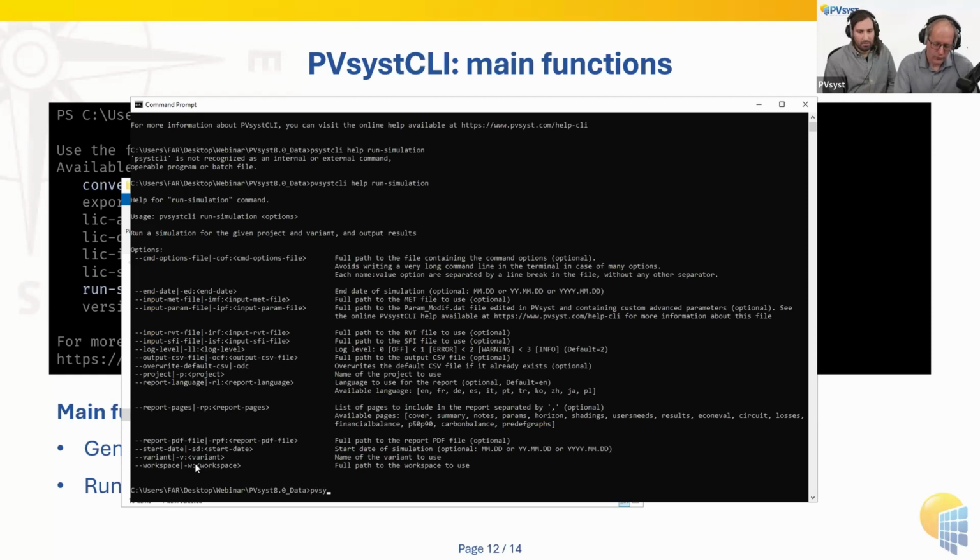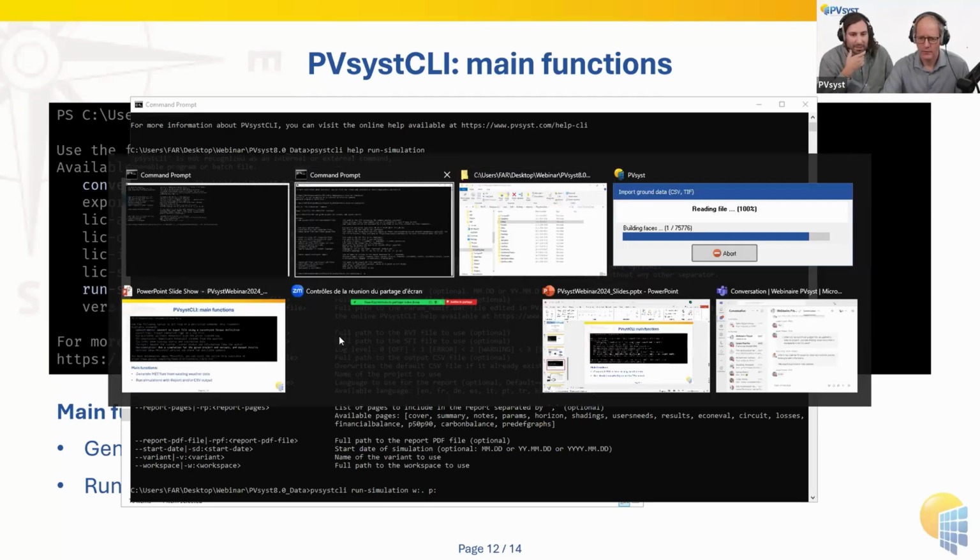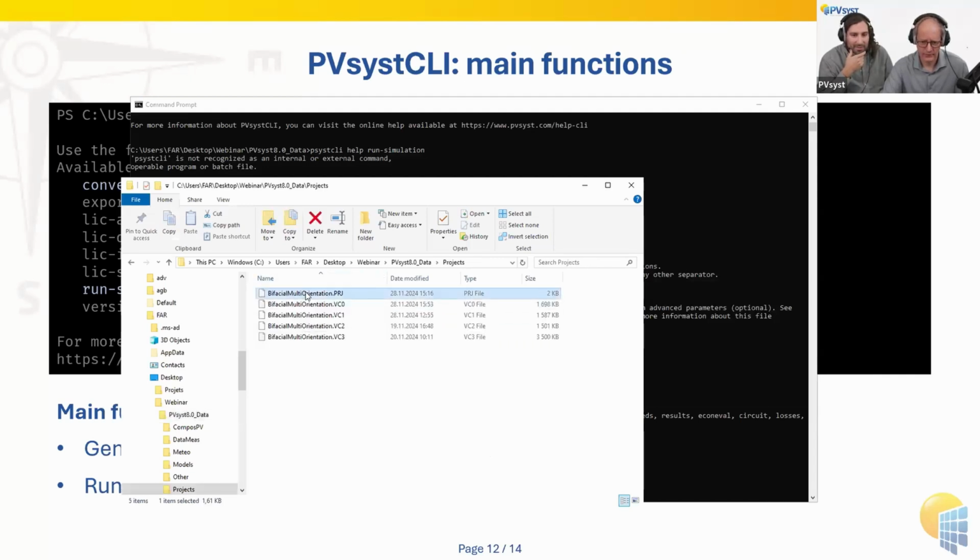So let's do this. PVsystCLI, run simulation. The first parameter is the workspace I'll be operating on. The shortcut is W. And I will just put a dot to say that I'm using the current workspace, the current folder where I am in, which is the PVsyst workspace. The next parameter will be the project. I will be using the project that Michele has used for his example. Let me quickly copy it from our project folder. So it's just this project here. I will copy the name